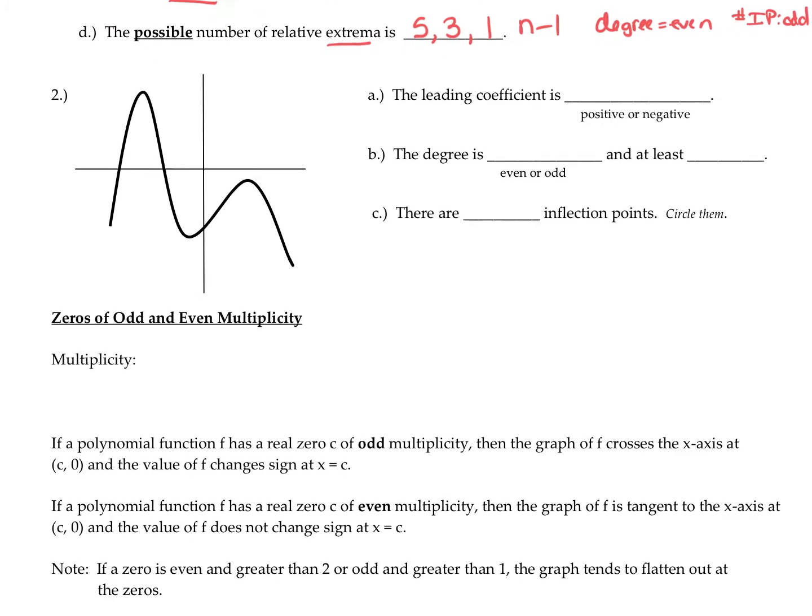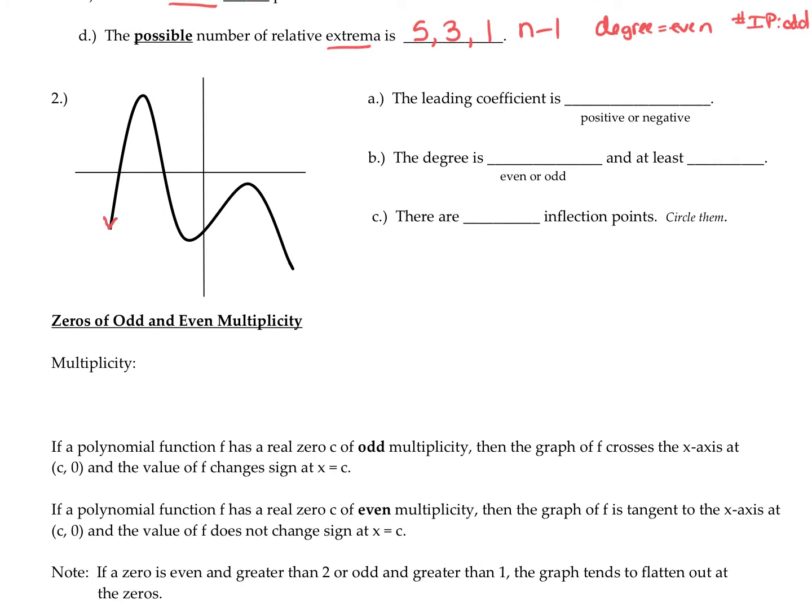All right, let's look at this graph. Again, I can see that both my ends are pointing down. Since they're pointing the same direction, I know that this is an even degree function. It's also pointing down, so I know that my leading coefficient is negative. The degree is even